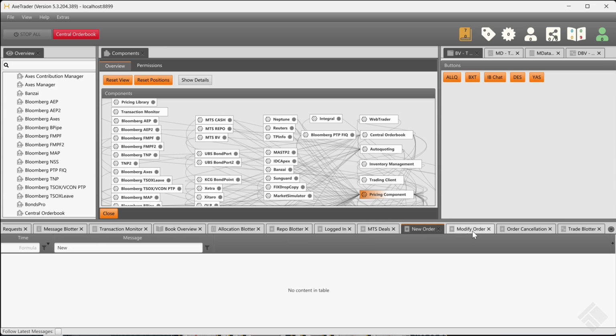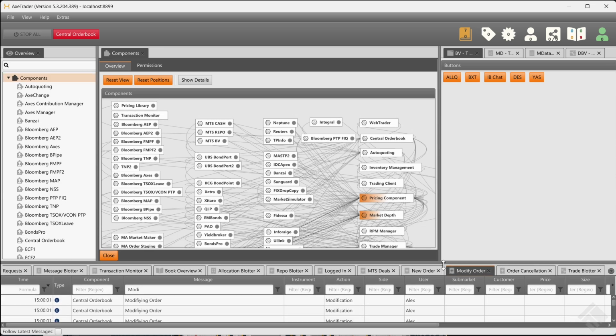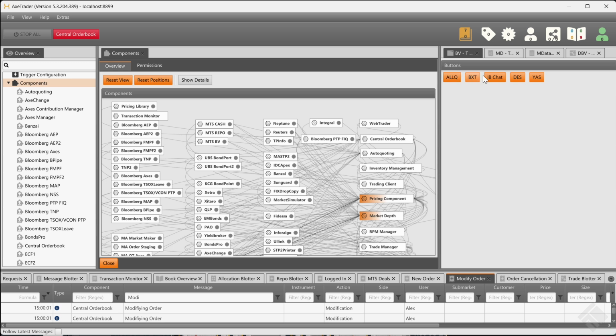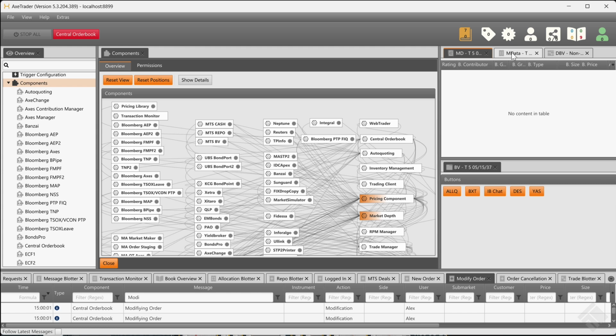By default, you would also have a view of your shortcut buttons, which are custom buttons that you can configure to trigger commands such as launching ALLQ, YAS, or yield and spread analysis, and IB chat from your Bloomberg terminal. You will also have a market depth window, which shows you the prices and sizes from different sources like composite prices from Bloomberg, like BGN, CBBT, or market access CP+, or the actual firm prices on venues like UBS